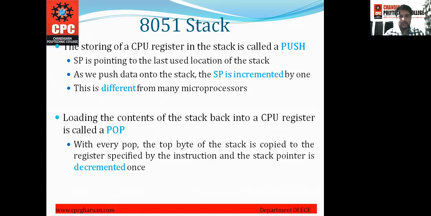Stack pointer is pointing to the last used location of the stack. As we push data onto the stack, the stack pointer is incremented by 1. This is different from many microprocessors. Loading the content of the stack back into the CPU register is called the pop. With every pop, the top byte of the stack is copied to the register specified by the instruction, and the stack pointer is decremented once.